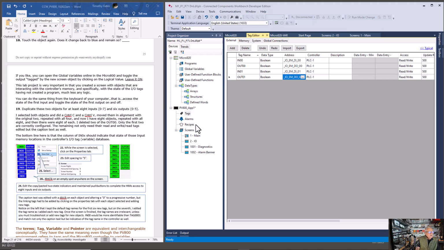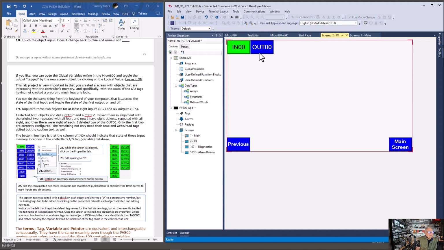Let's go back to the I/O screen. You see we have an input and an output. Now this is a maintain push button. I'm doing something here that is not the way I would normally do it. I would normally make this also a multi-state indicator that shows the state of output 0, output 1, output 2, and so forth. In this case, because it's a maintain push button, I'm going to continue this pattern of a two-state multi-state indicator and maintain push button, because you don't have to control the output from these maintain push buttons,